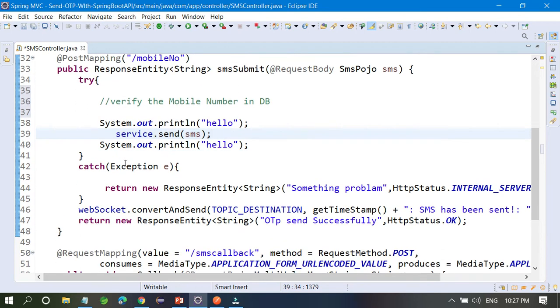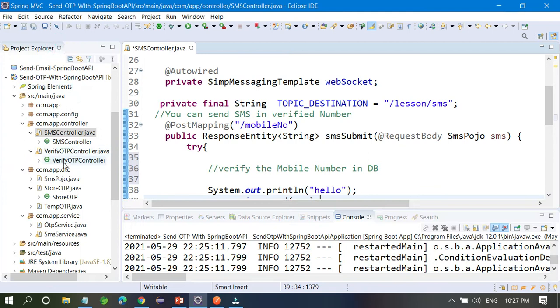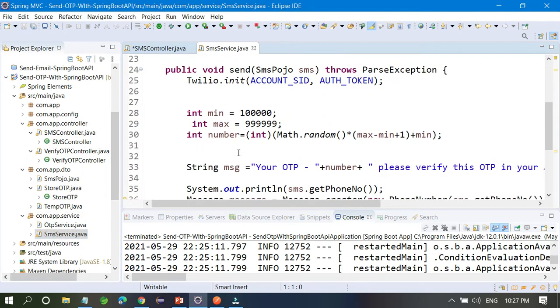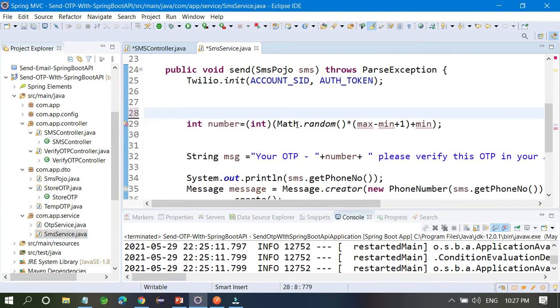So go to the service. This is the SMS service, and here you are going to generate all those things.